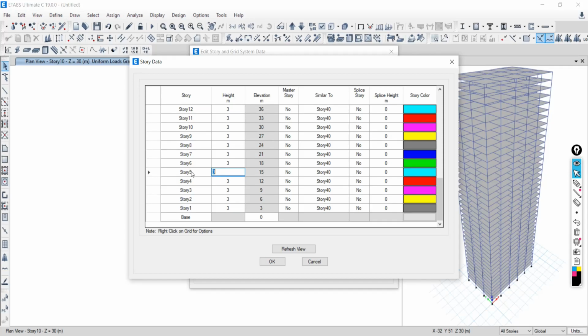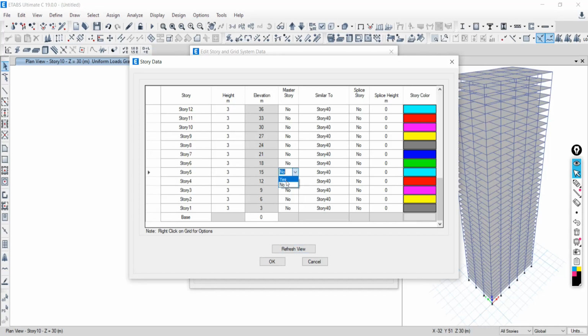So I have to make any one of the similar stories as master. Our 5, 6, 7, 8, 9, 10 are all similar to each other. Out of these, we need to make any one as master story. I want to make 5th story as master.